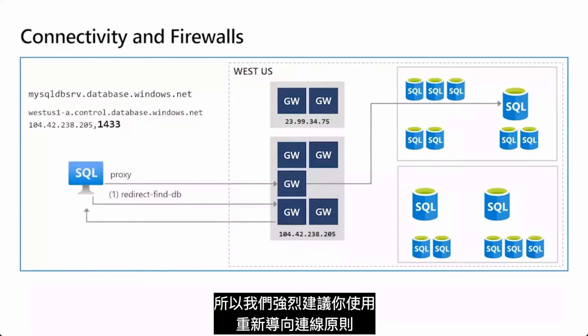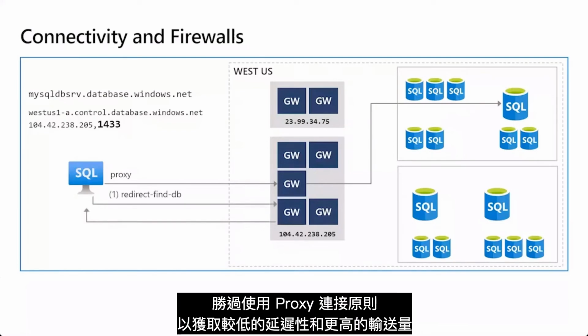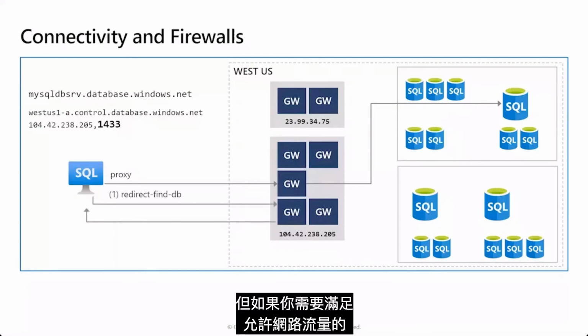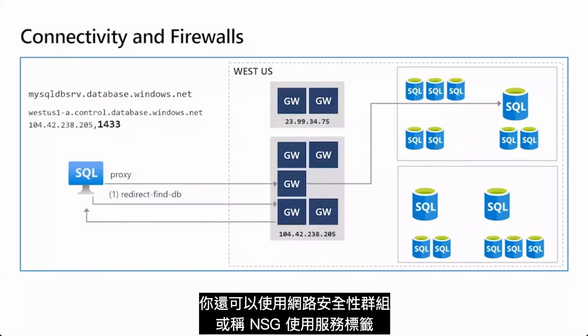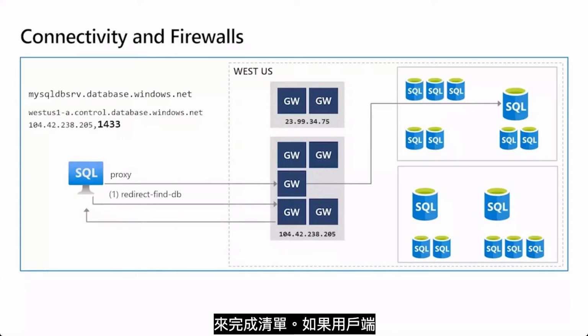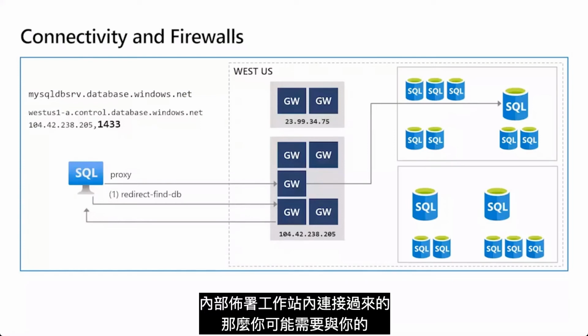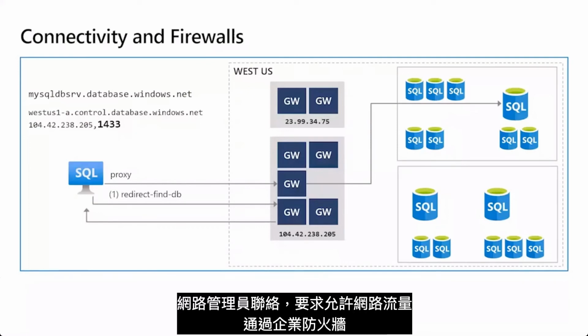So we highly recommend using the redirect connection policy over the proxy connection policy for that lower latency and higher throughput. But if you need to meet additional requirements for allowing network traffic, you can also use the proxy connection mode to do so. If the client is an Azure virtual machine, you can accomplish this using network security groups or NSGs using service tags as well. So if the client is connecting from within an on-premises workstation, then you may need to work with your network admin to allow network traffic through the